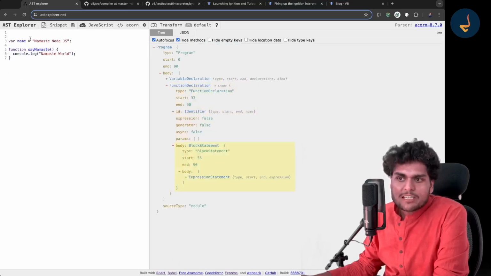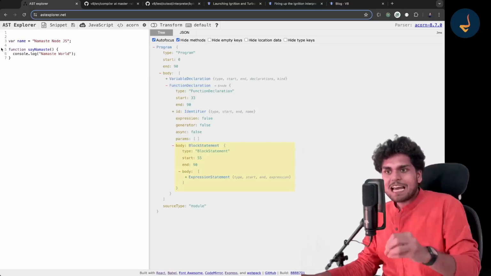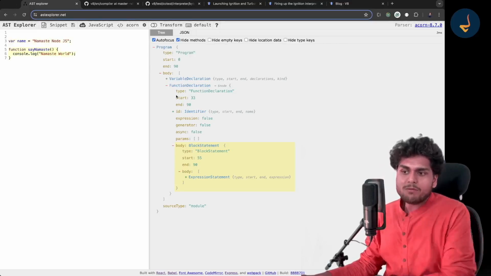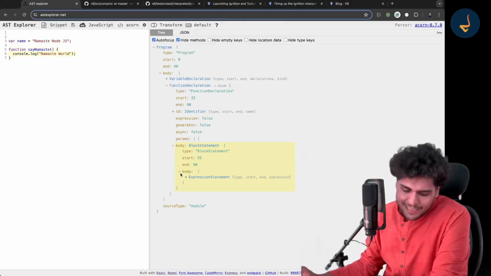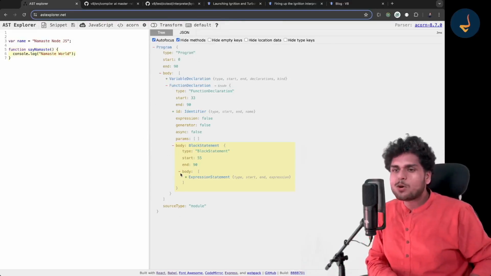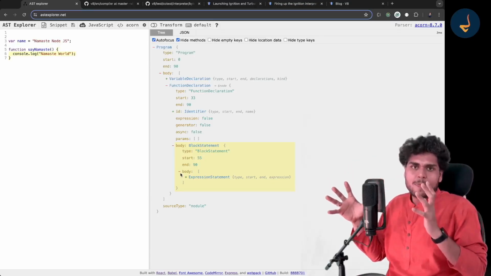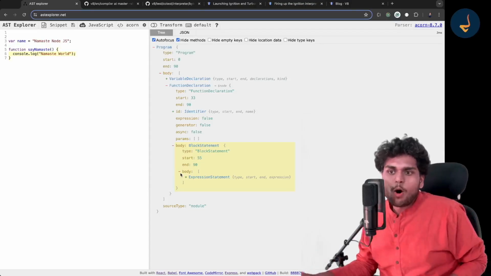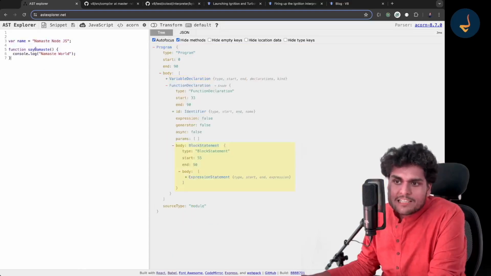So what happens is, this code is broken down into tokens, right? This code is broken down into tokens, and then the AST is formed. And what is this AST? This is the AST that you see on the right hand side. So basically all the code that you write is broken down and the AST is built. Now you see it. You have just written these 3-4 lines of code, and these 3-4 lines of code have become so big, right?